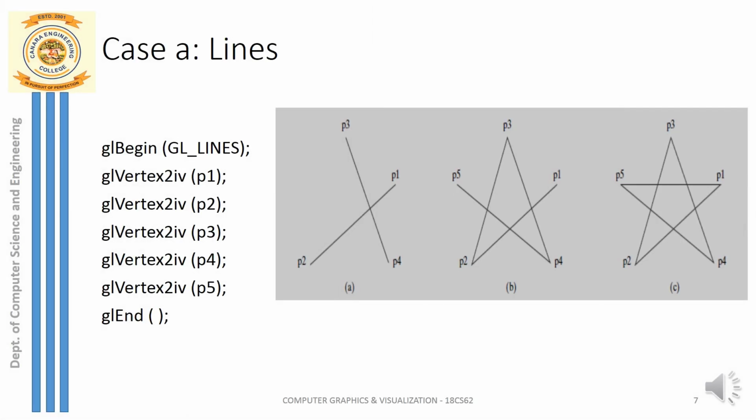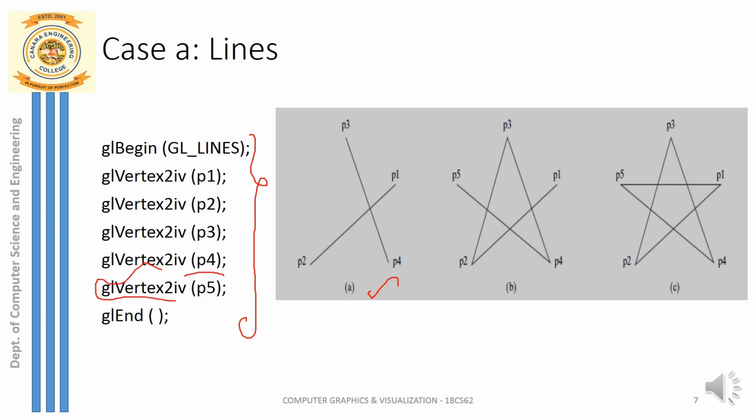Yes, we can just see case A of displaying lines. You just concentrate on this case A. We have written a small snippet to draw lines. 2 lines we are displaying now, and you can see the minimum number of points or vertices required to display 2 lines. It is total 4 vertices or 4 points that are required to display 2 lines. One is P1, P2 which draws a single line, P3, P4 which draws the second line. So total 2 lines are drawn, and you can see in my snippet there is one 5th point,